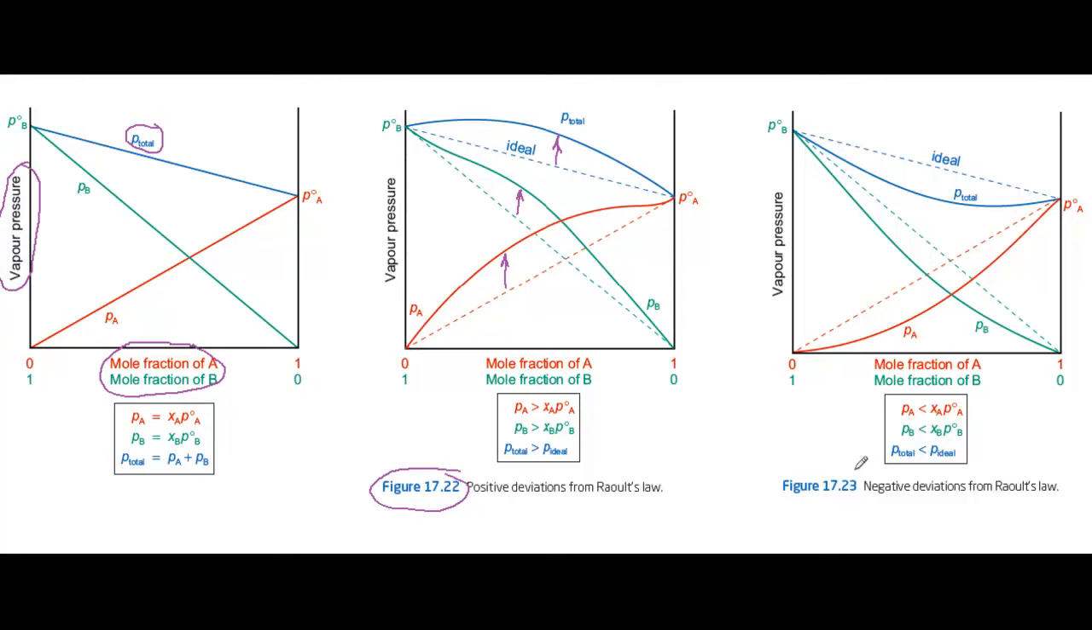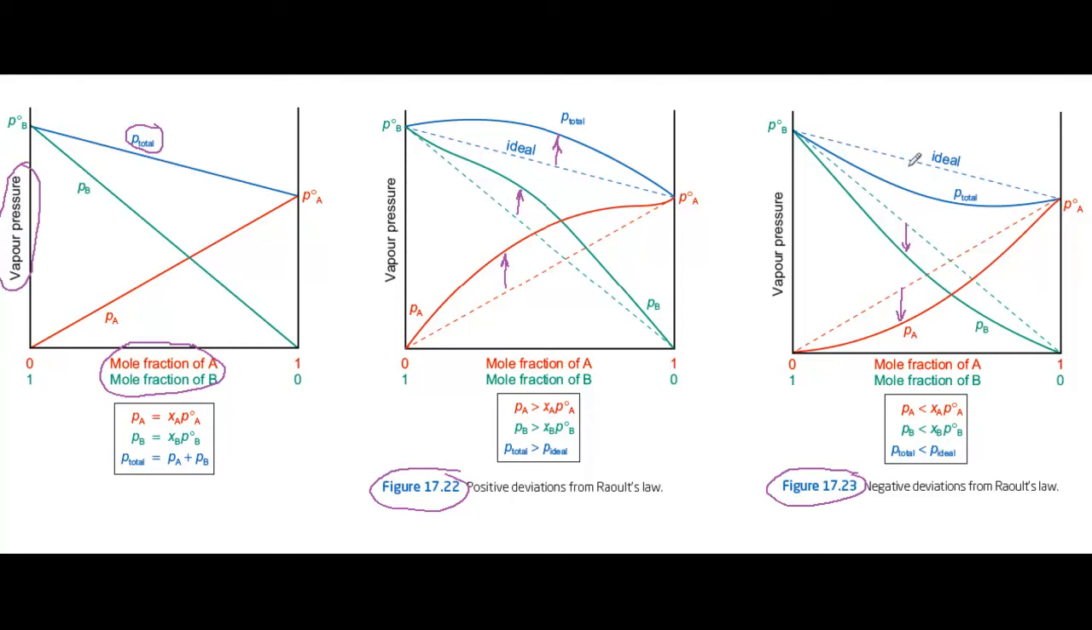Negative deviations from Raoult's law are illustrated in figure 17.23. In this kind of behaviour, the molecular interactions between A and B are stronger than the interactions in the pure liquids. Molecules of A and B attract each other more strongly than they attract themselves, so they escape less easily into the vapour phase. As a result, the vapour pressures of both A and B and the total vapour pressure